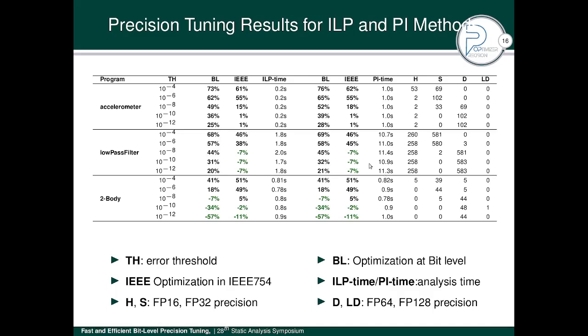Also, if we look at the negative percentages that we can find here in green color, we can say that POP returns new formats for any threshold required by the user without any cost, nor increasing the complexity of the analysis, even if it fails to have a significant improvement on the program output. And also, if you want to translate the number of bits obtained into IEEE 754 formats, we only need to round up to the number of bits that corresponds to an IEEE 754